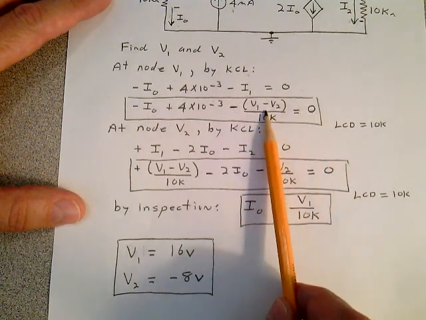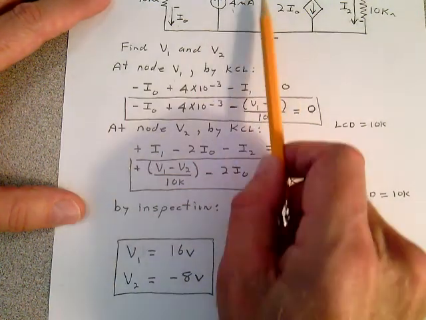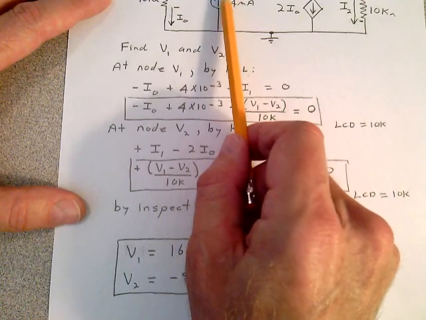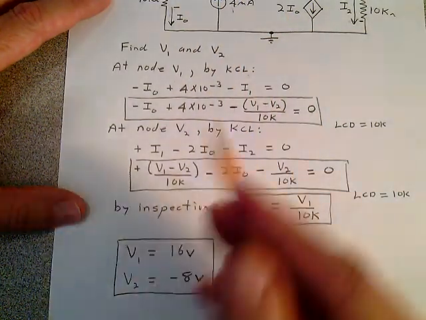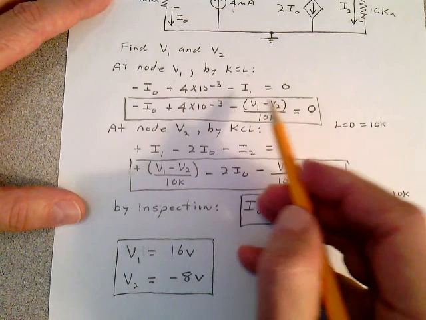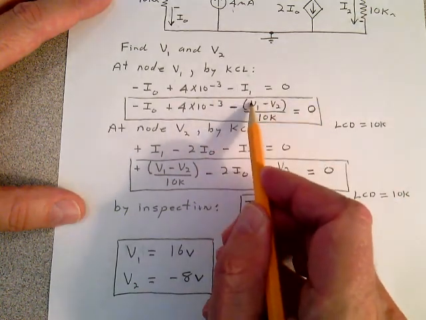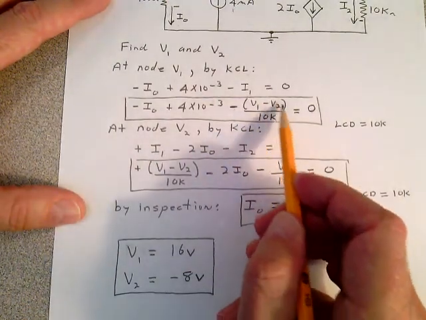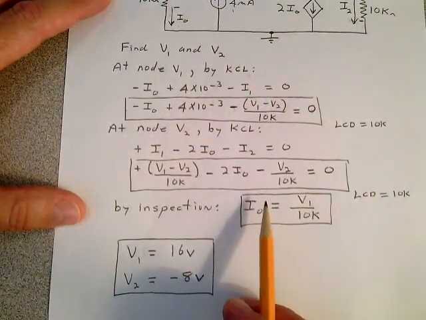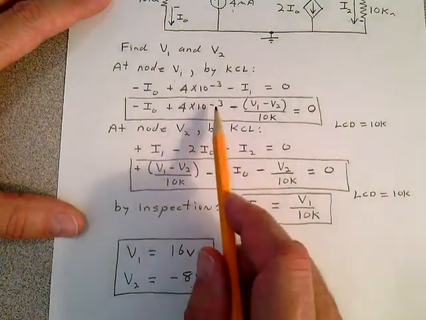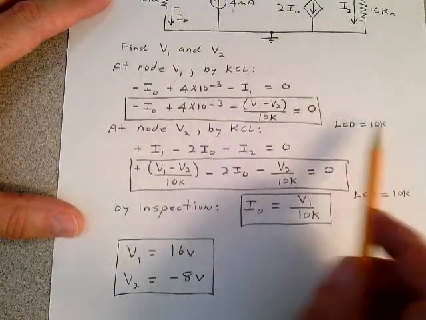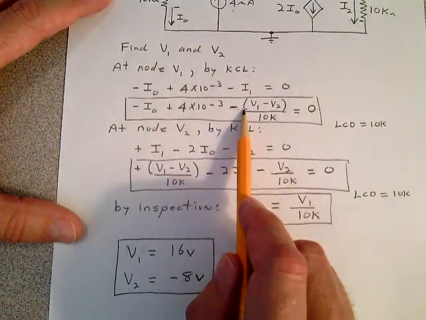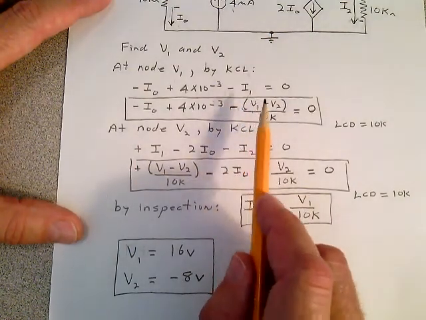Okay, don't forget, when we're talking in this case about current I1, it's a negative current because it's leaving this node, but it's negative. Make sure you put these parentheses in. If you don't, you'll forget to distribute this minus sign, and you divide by 10. That's the current I1 up here. And then you want to find the least common denominator. I found 10K. Clean this up and get the system equation here. This is not the final equation I'd expect on exam, but in the interest of time, I got you this